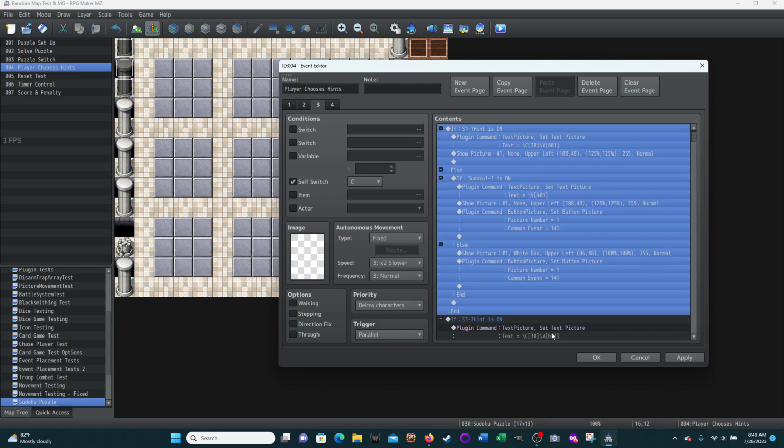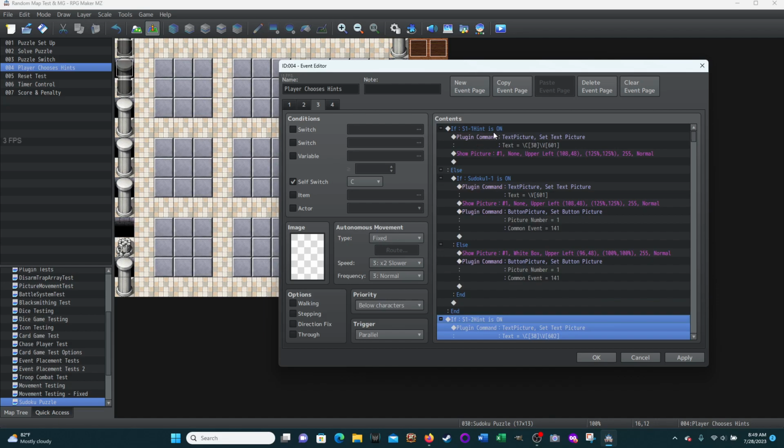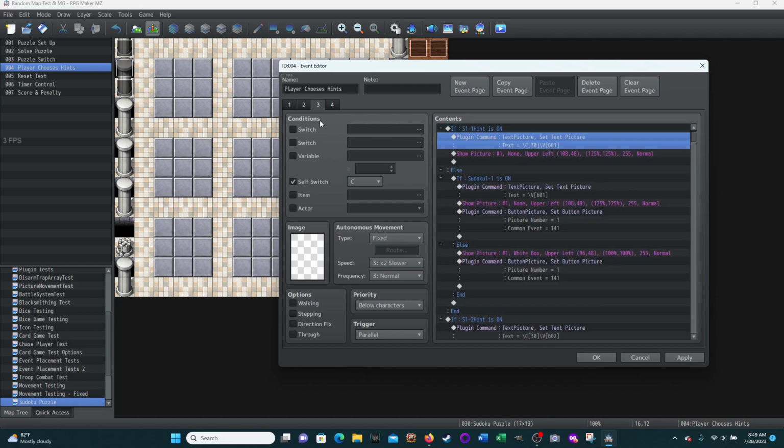Okay, here we go. It makes this page active. Self-switch is C. This page is now the highest page where the conditions are met. You notice it's still below characters. It is still running in parallel. That means this page immediately starts running and doing its job. And what is it doing? Well,